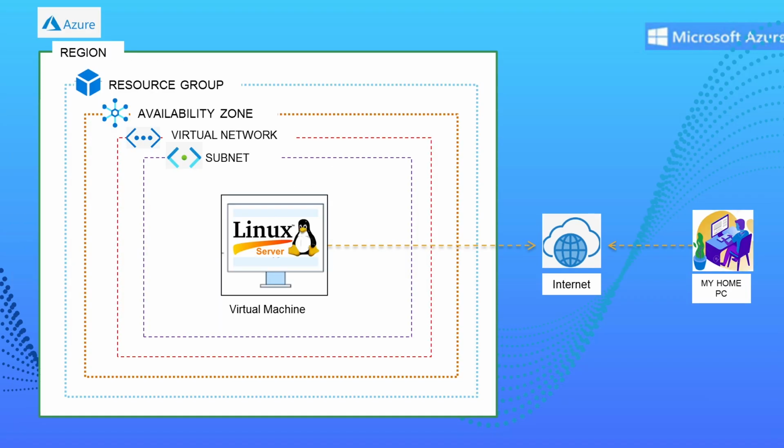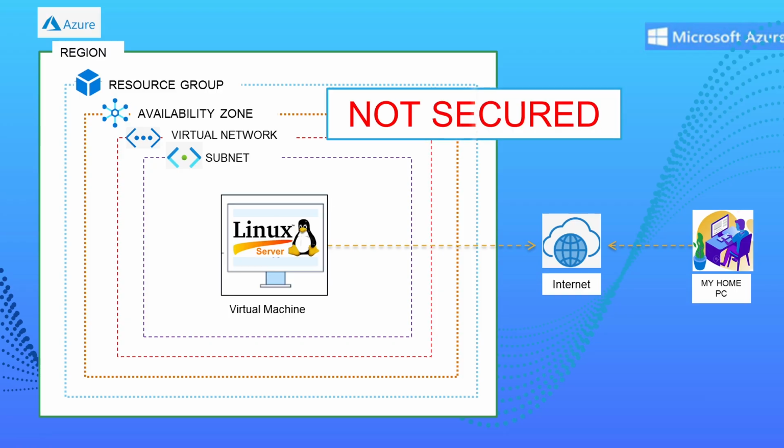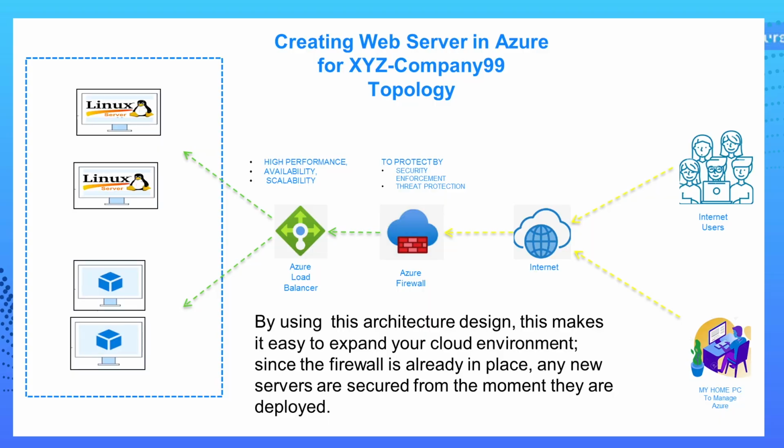In Azure, you could simply launch a similar topology of virtual servers and run a web application for internet users to access it, but that kind of basic setup is not secure. This architectural approach allows for seamless scaling. With the firewall and load balancer already integrated, any new servers are automatically protected and optimized the moment they go